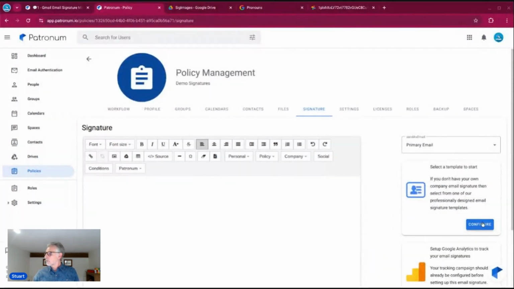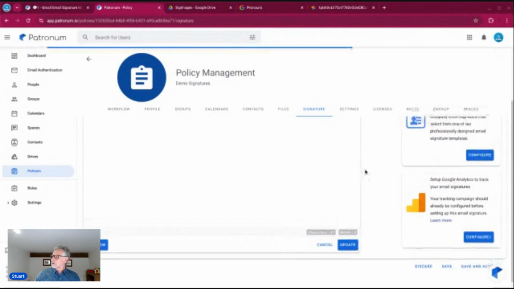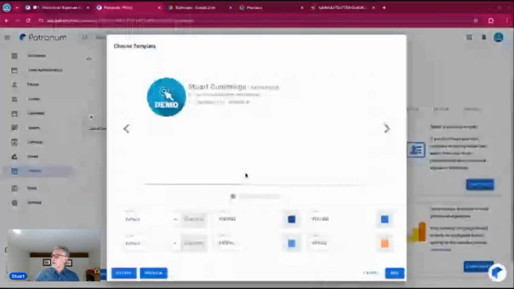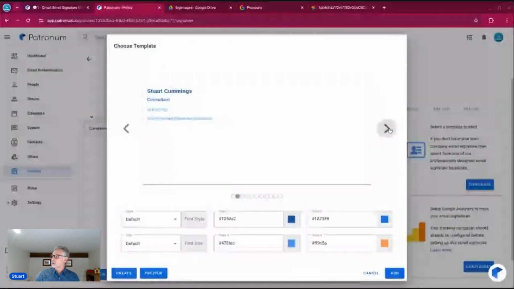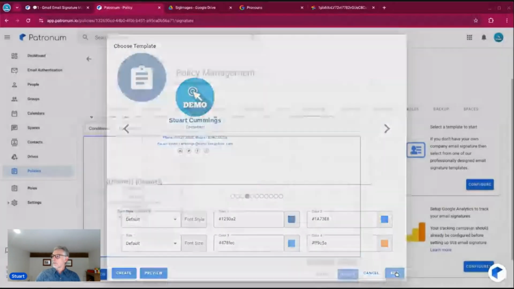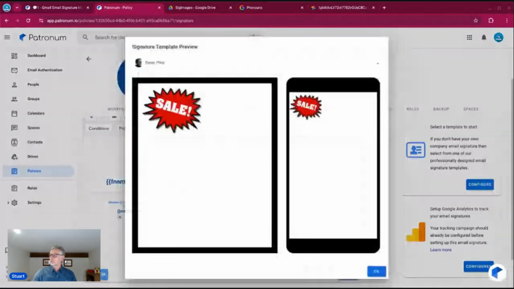Here we go. Bear with me. There we go. And we'll choose a decent looking one. Something like that, let's say. Just pop that in and you can see how the whole thing kind of pulls together